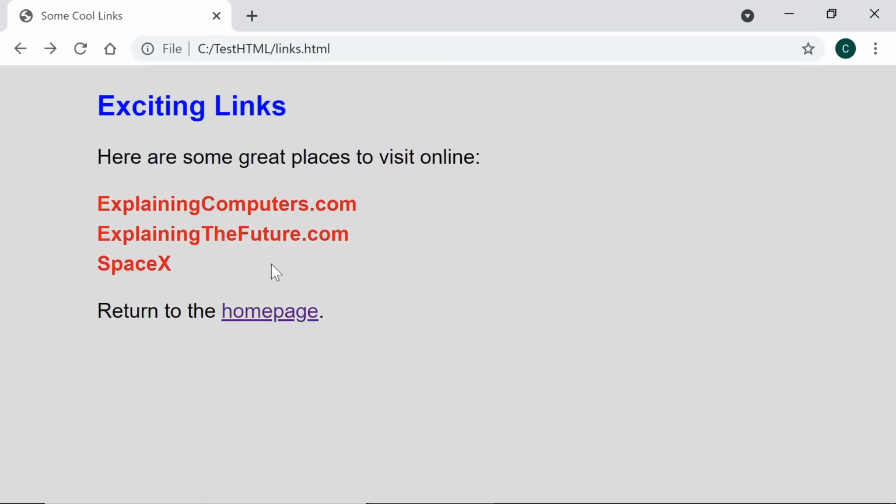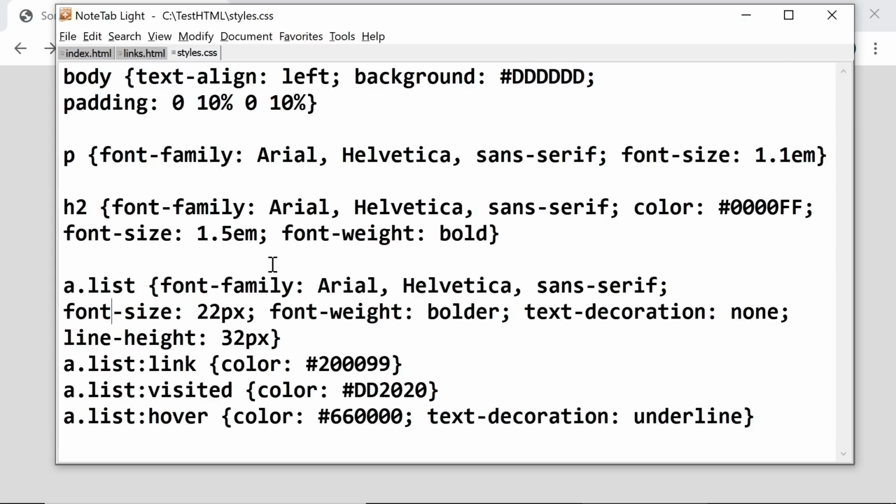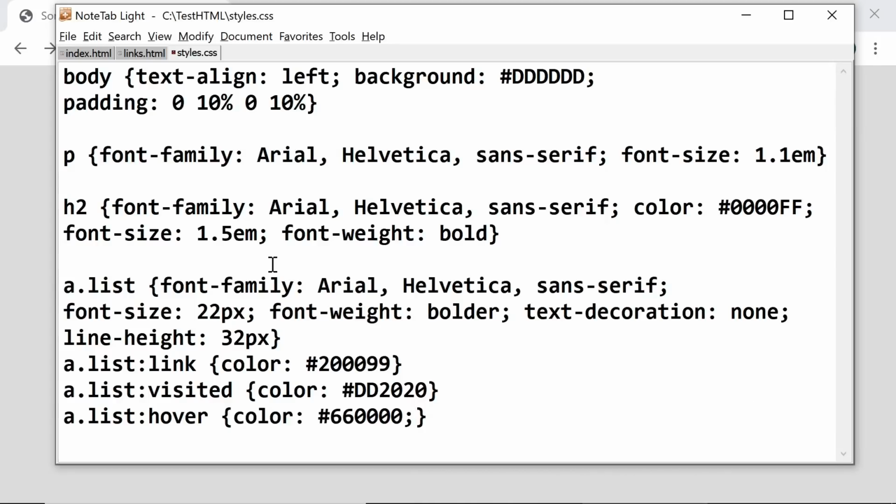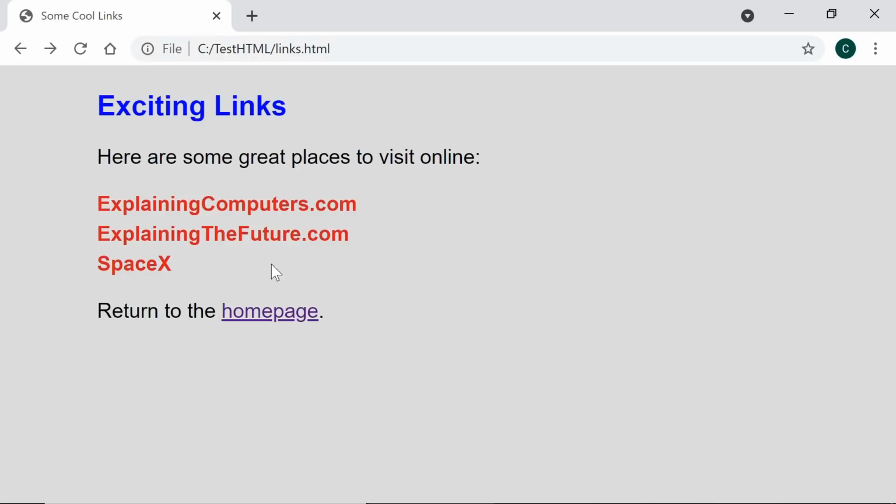By altering the CSS for our new style, we can also create all kinds of effects. For example, we could go back here and under the hover thing, we could maybe get rid of our text decoration underline, but change the colours. We could change the colour of the text to be, for example, green, 00FF00 is bright green, and we could set the background to be, say, black, and that's going to be obviously 000000 RGB. We could save that, go back to our document, that's what it looks like now, but if we refresh,